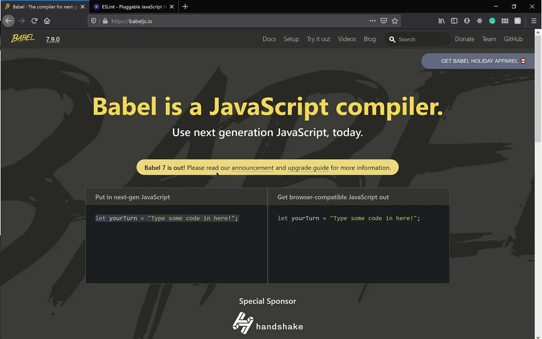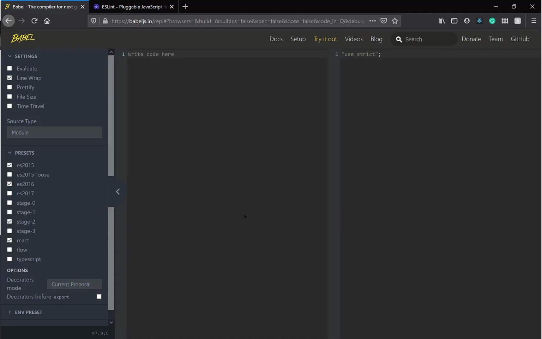Let me just kind of show you what I'm talking about. You can watch this little animation, but there's this cool little tool called Try It Out, and I'm going to go into this tool to try and give you a better visual of what I'm talking about. And so what you can do is, I'm going to just copy and paste some code I've already written. So in this panel, I've written some code. I've written this fat arrow notation. We've used that in some of our examples. And this is a relatively newer version of